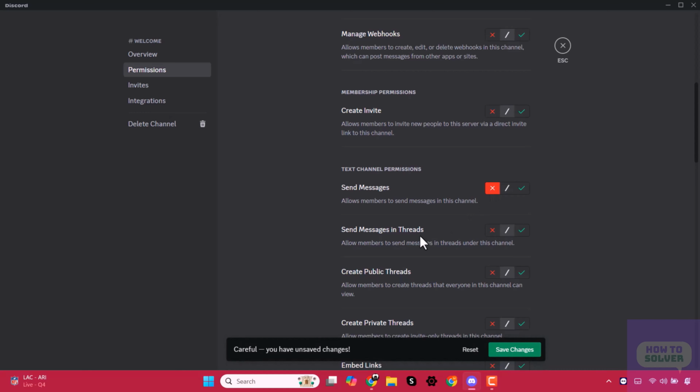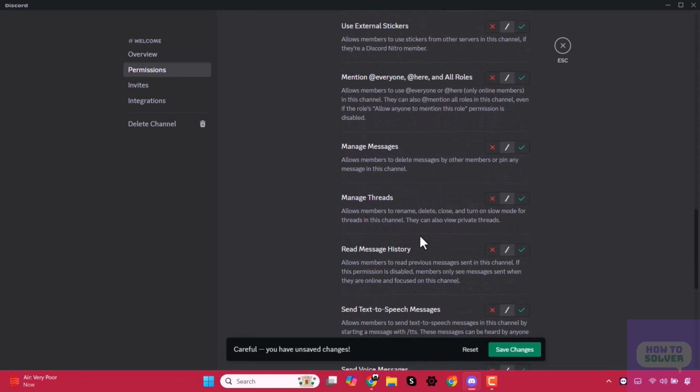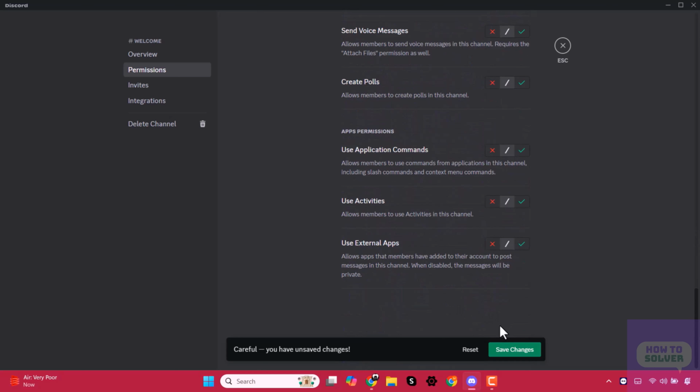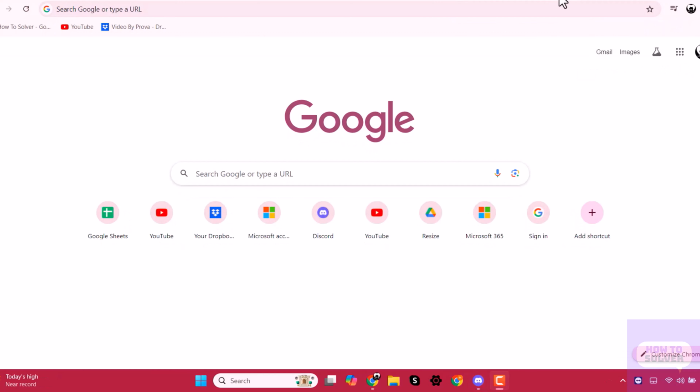Now scroll down. Here you will find read message history. You just have to enable this. Now click the right icon. Now click on Save Changes. Now close it. Now open a new tab and search for